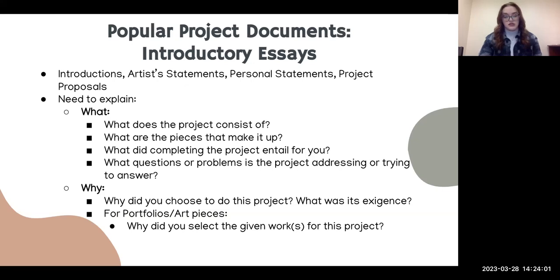Talk to your advisor, which is the number one thing I recommend, but also come here to the GSSC and talk to one of us writing coaches. We can help you figure out what parts you need and what is expected of each of these different kinds of documents, right? What's the difference between an introduction and an artist statement and a personal statement and a project proposal? But all the same, a really popular project document that most people have to write, thesis or